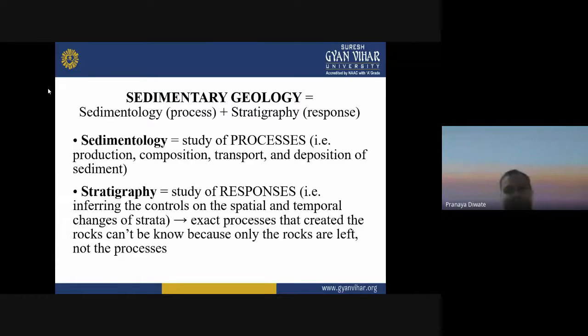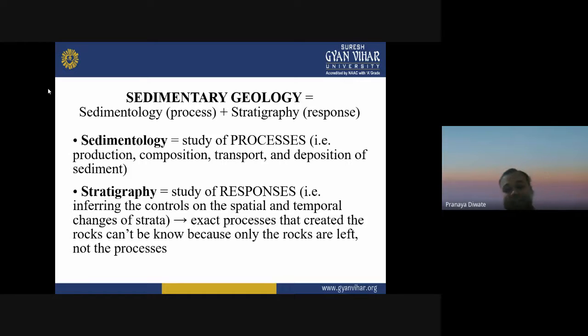Sedimentary geology is a combination. Sedimentology plus stratigraphy is the sedimentary geology. Why are we talking about stratigraphy? Because whatever layers you can find in a deposition sequence, like you have Vindhyan, Kadapa, and all these